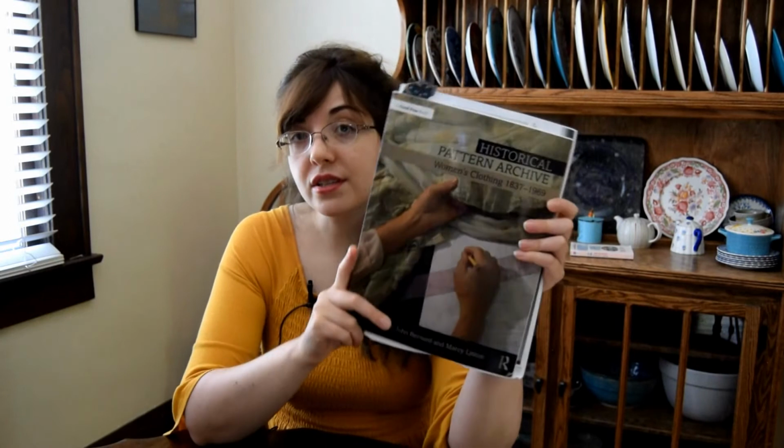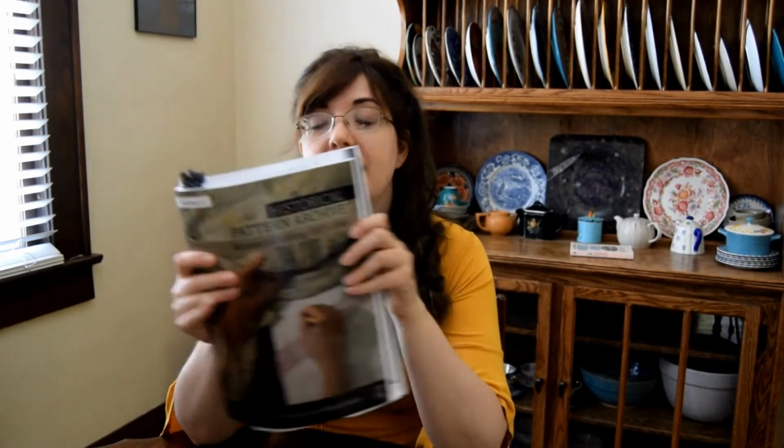Now though, I want to talk about really my second favorite book after the whole Frances Grimble collection, which is Historical Pattern Archive: Women's Clothing from 1837 to 1969. The reason I'm mentioning this last though is because it does hit a huge range. But what I find absolutely awesome about this book is